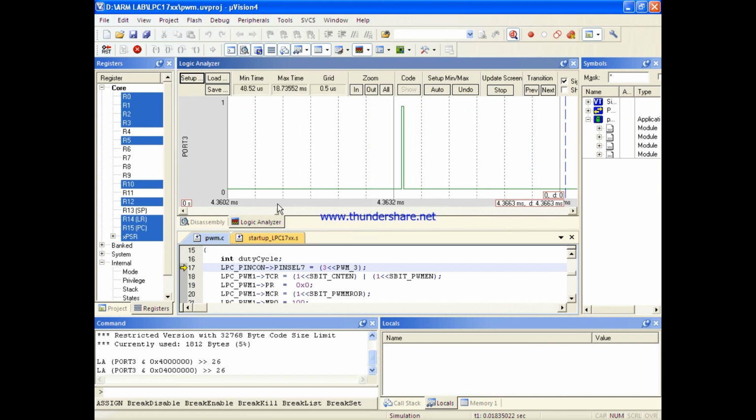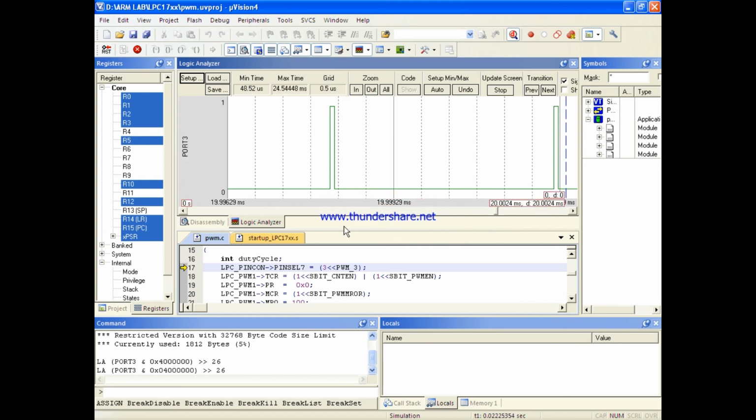You can see the variation as I move this cursor here. The width was very small, and as you go towards the side, you can see that the width has increased. That means there is a variation in the pulse width. This is the output you are going to observe on the simulator.